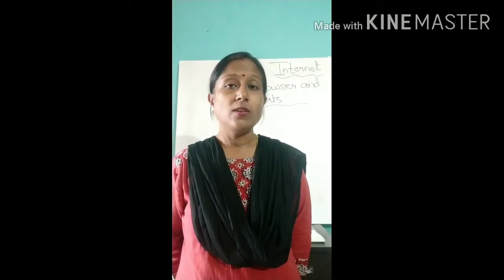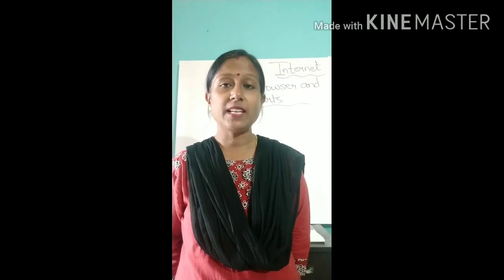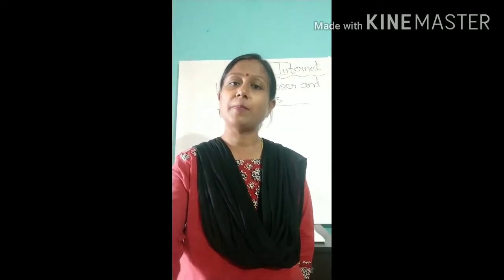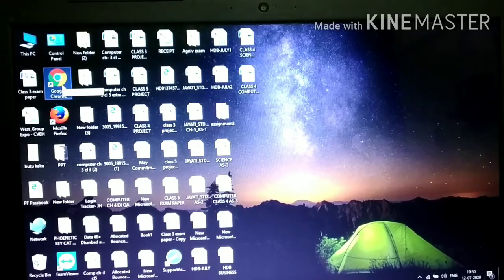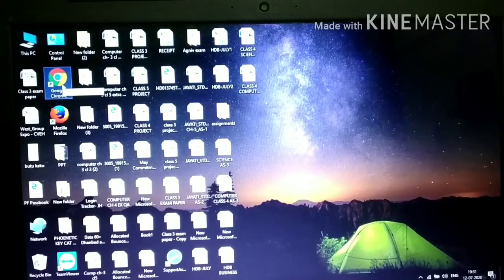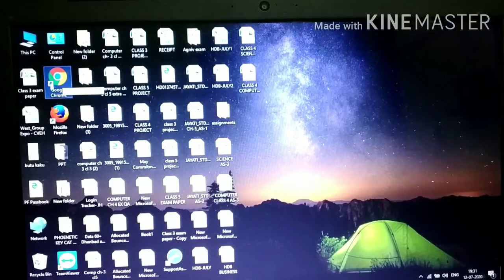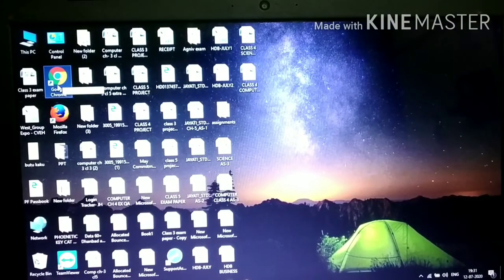So now, without wasting any time, let's see the Google Chrome window and its different parts. As I said, Google Chrome is the most commonly used web browser. So, this is the icon of the Google Chrome web browser.